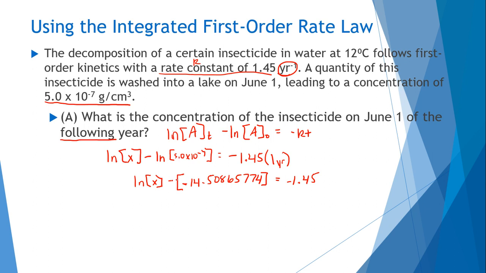Now, hopefully you guys recognize that I'm subtracting a negative, so this becomes an overall positive value. From there, I need to get natural log of x by itself, so I'm going to subtract 14.5086 on both sides of the equation. From there, I can get the natural log of x actually equals negative